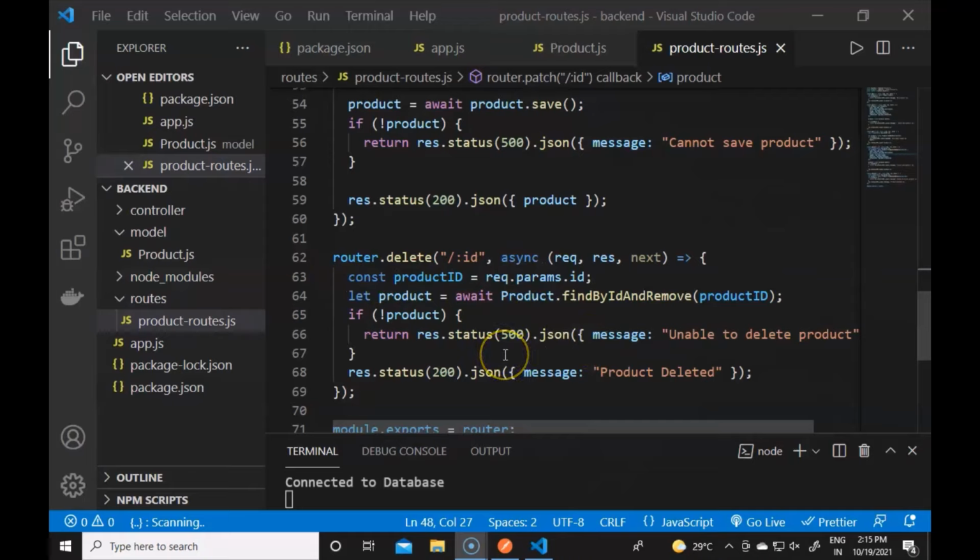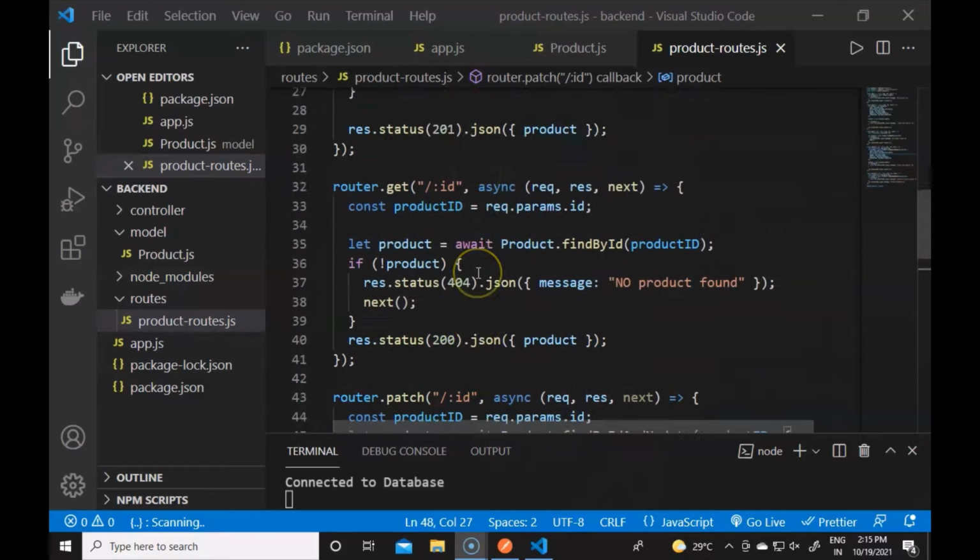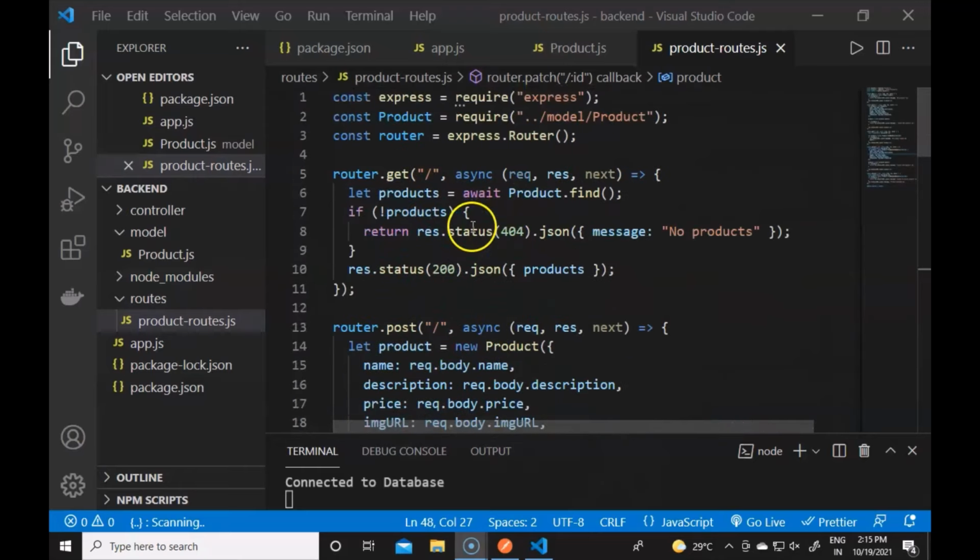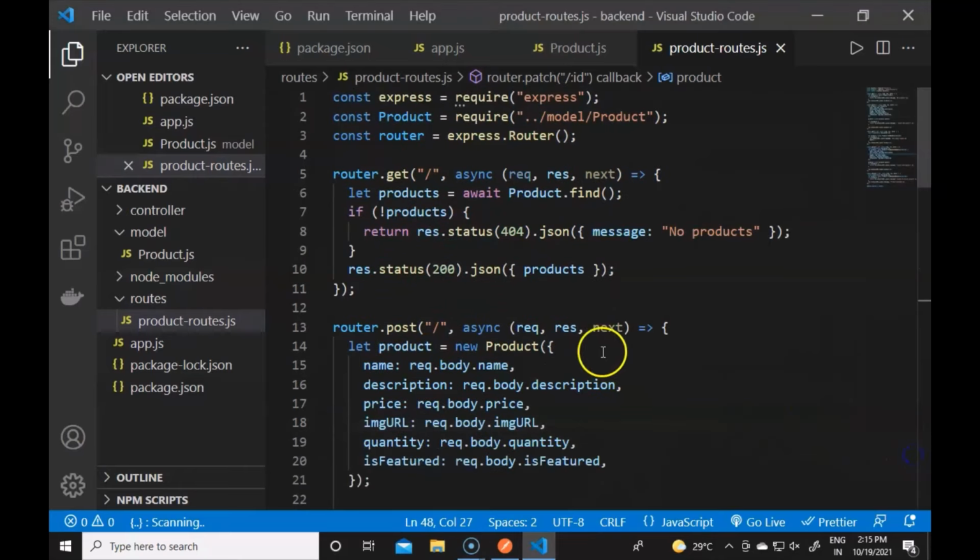About the controller files: controllers act as a mediator between the view and the model, and they are responsible for controlling the data transmission between the model and the view. So we have to move this function to the controllers and just import this function here after this ID. Let's try out the get function first. This will be the first function with the get.